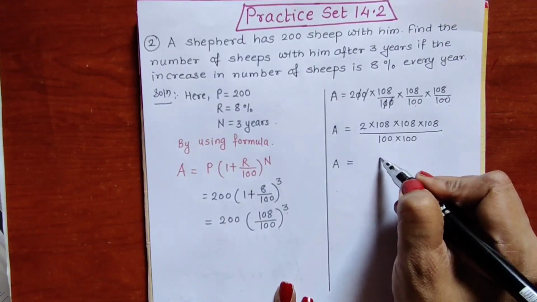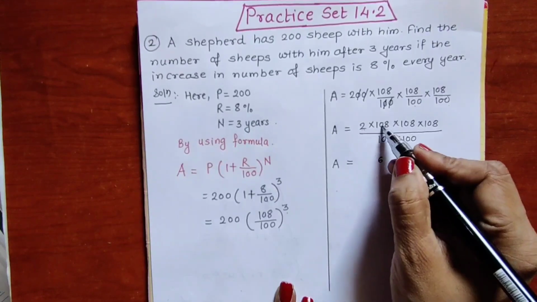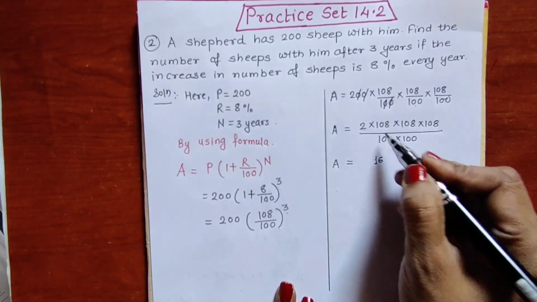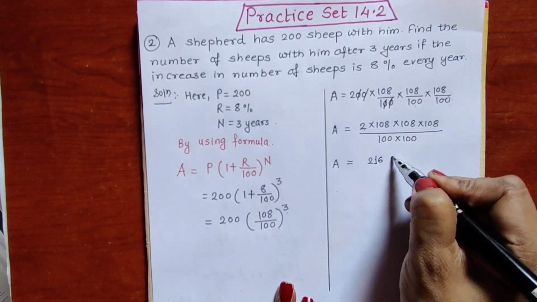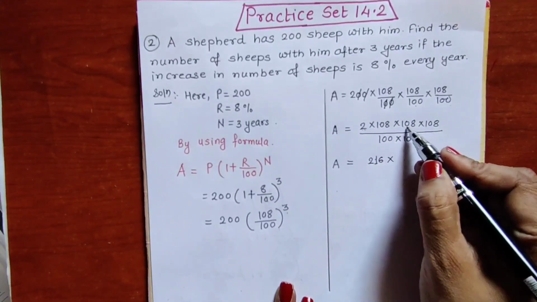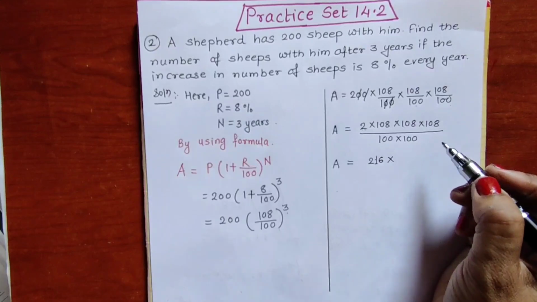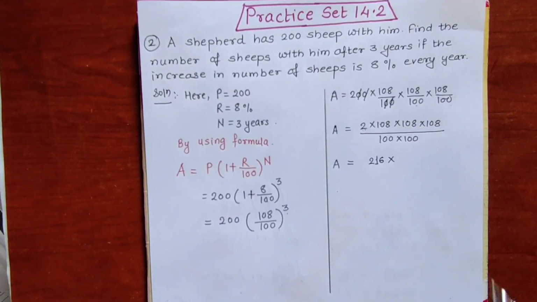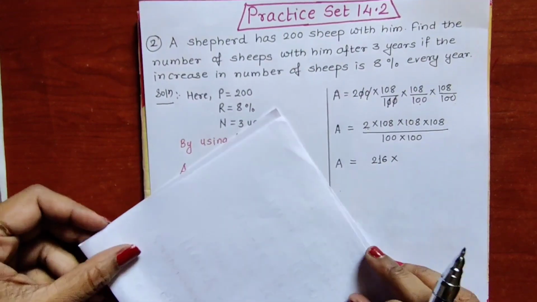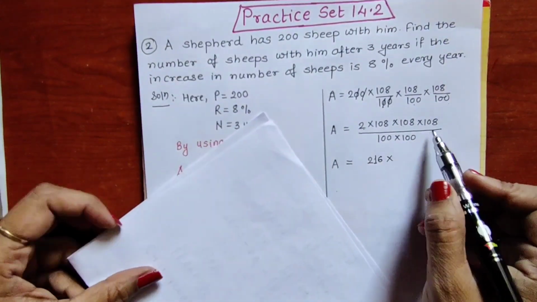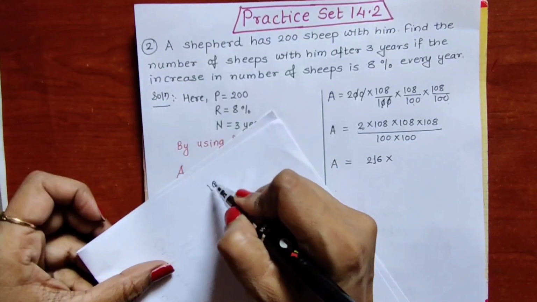2 8s are 16, 6 written, 1 carrying, 2 zeros are 0 plus 1 carrying is 1, and 2 ones are 2. So multiplication of these two numbers we have done orally. Now multiplication of these two numbers 108 into 108 we have to do in rough. So let me take my page. Okay, so I am having this rough page. I will be solving this 108 into 108 here.